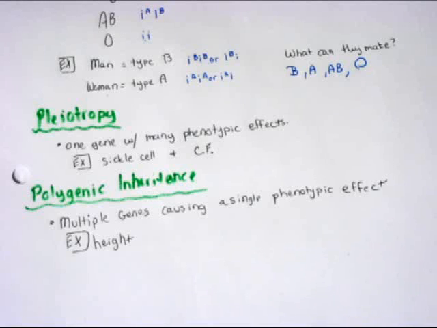Right? Skin color is another good example. That might be the one that your edition of the book uses. Newer editions might use height. That's a little bit different of an example, and they're both the same concept. It's the simple idea that if you have many genes affecting one trait, then it would make sense that everyone just has about half the plus and half the minus, half the homozygous and half the recessive alleles. It's the same thing as saying, flip a coin,